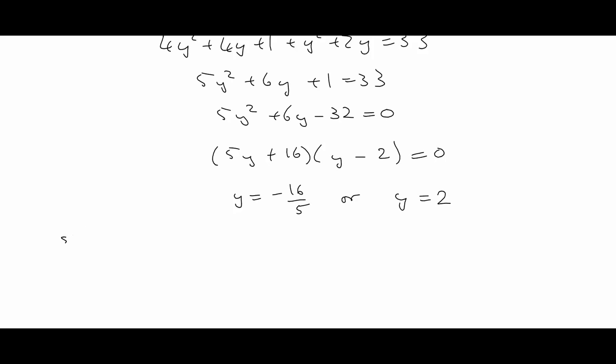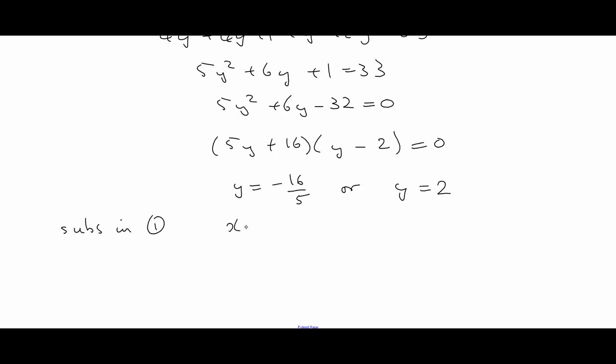And then substituting in 1, which is x minus 2y equals 1, we have x equals 1 plus 2y. So if y equals minus 16 over 5, we have x equals 1 plus 2 times minus 16, that would be minus 32 over 5, which comes to minus 27 over 5,